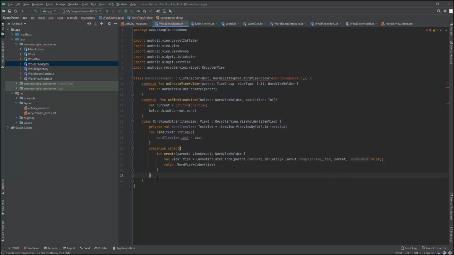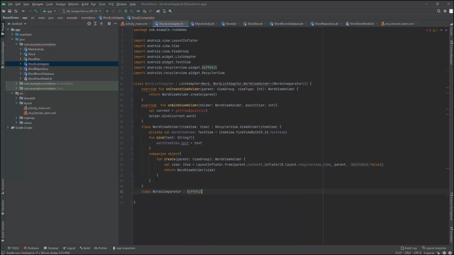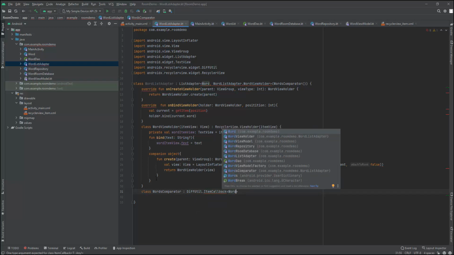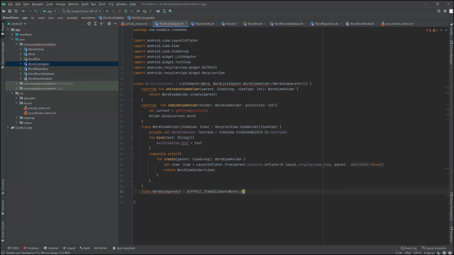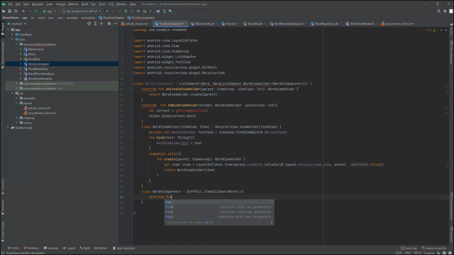And now outside of our word view holder class, so down here after this curly bracket, but before our end curly bracket, so we're not all the way at the end, but just right after this word view holder, we are going to make another class called words comparator, which extends from DiffUtil.ItemCallback of word, and then inside of here we will override the function areItemsTheSame,